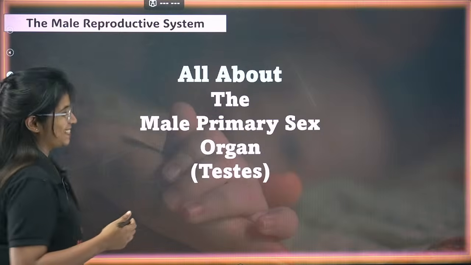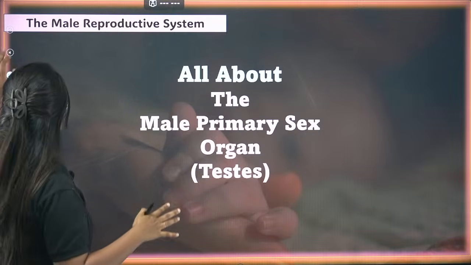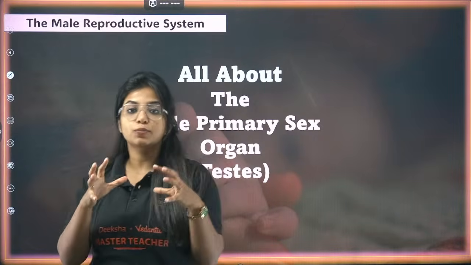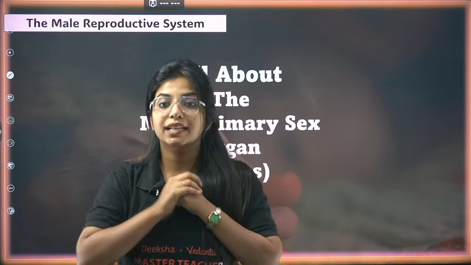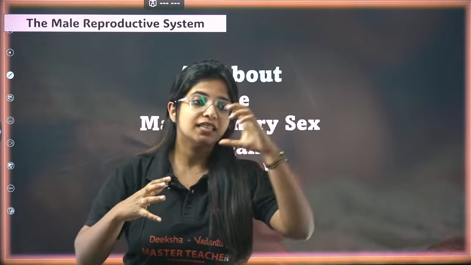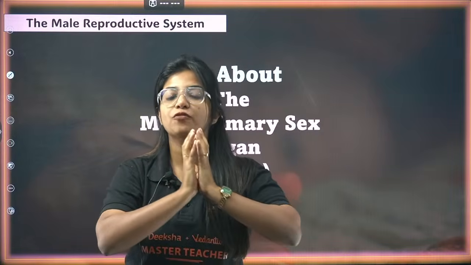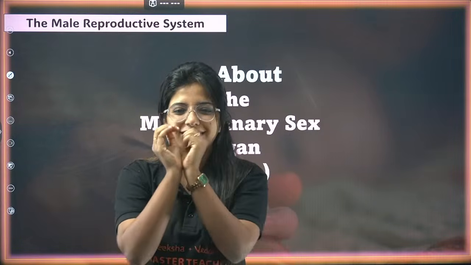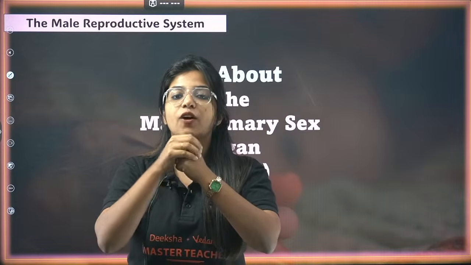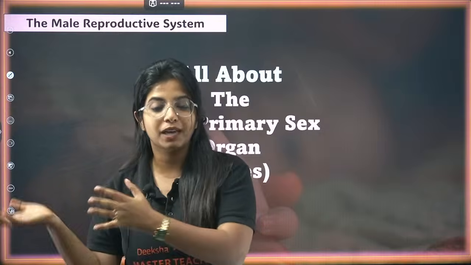Okay, so starting with the first thing, that is the primary sex organ. Listen to me very carefully. When you talk about a reproductive system, there has to be someone who is going to make the gametes, right? These gametes come and fuse together to form what is known as the zygote. The zygote is just a single cell made by the fusion of the gametes. Then the zygote divides to form the embryo and then the fetus, and that's how we have the baby, right?